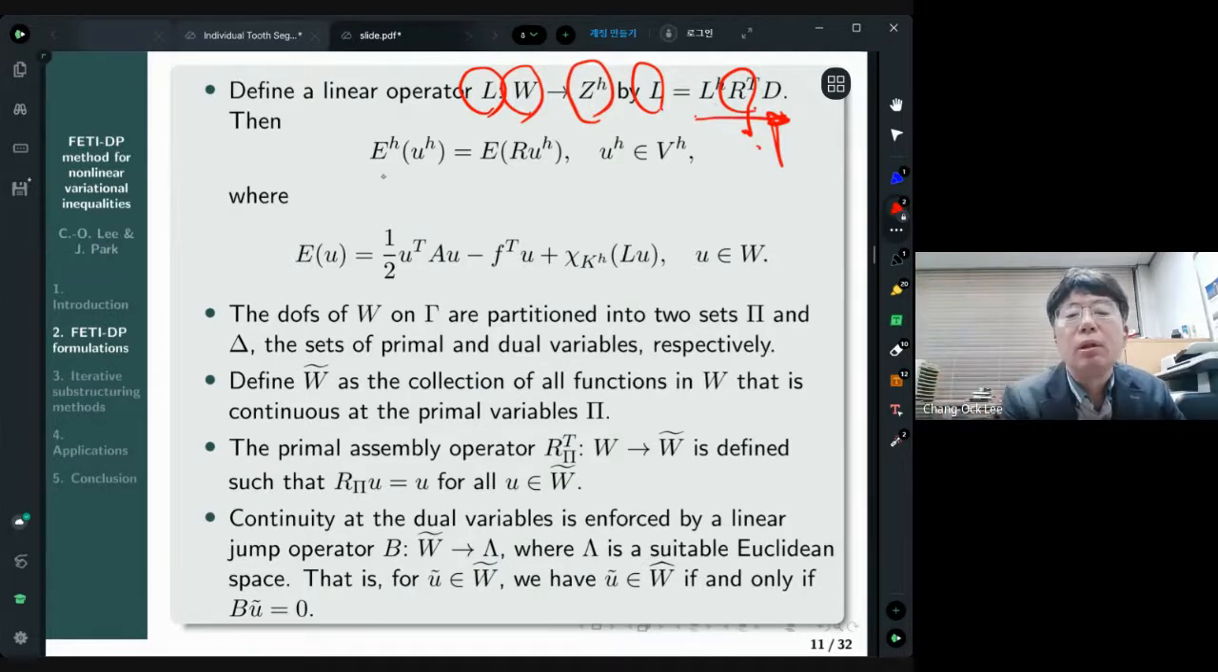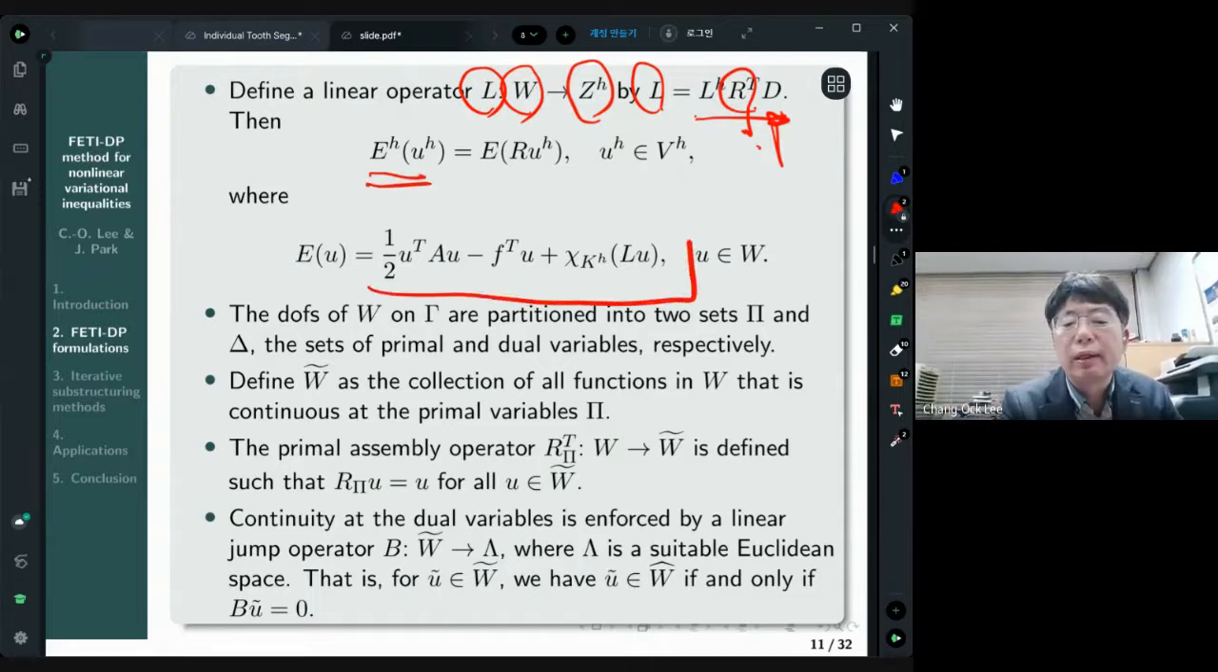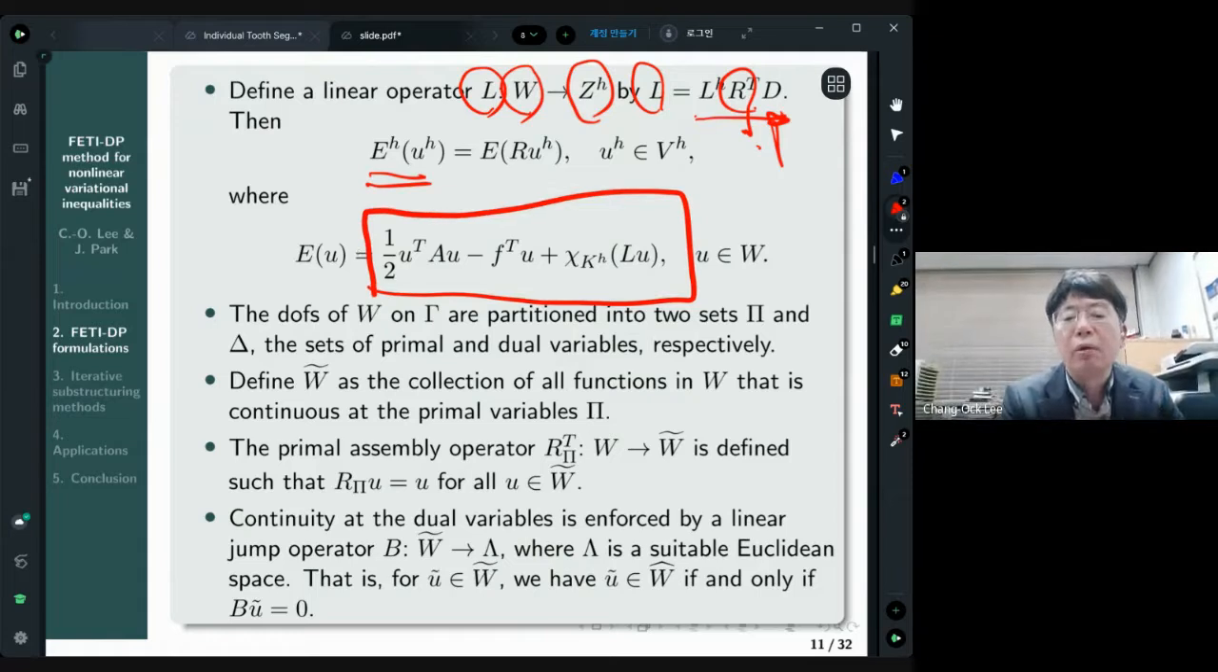So our discrete energy functional is that. So here, if you consider RUH here, then we have that. So actually this is just the